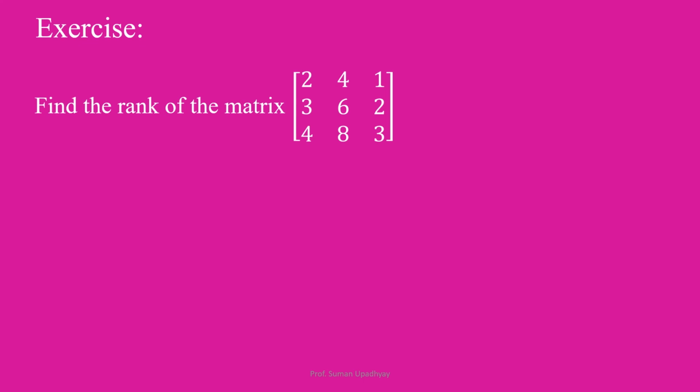From today's class, the points to be taken are: first, the definition of the minor method, which tells us the largest square whose determinant is non-zero. Second, when we have a non-singular matrix of order n, its rank is going to be n. When we have a singular matrix of order n, its rank is going to be less than n. When we have a matrix of order m by n, the maximum rank it can have is the minimum of m and n. The rank of a null matrix is 0. The rank of an identity matrix is the order of the identity matrix. And we saw a few examples based on that.